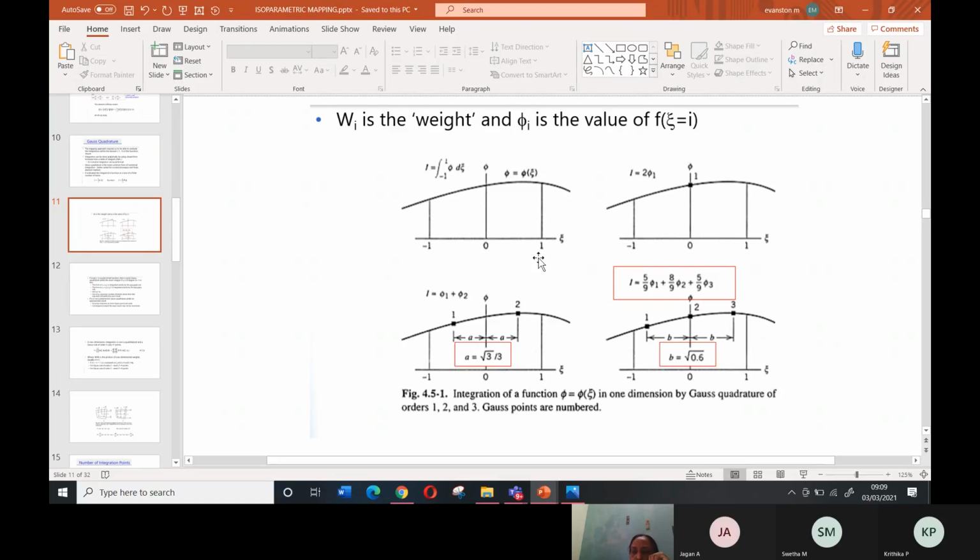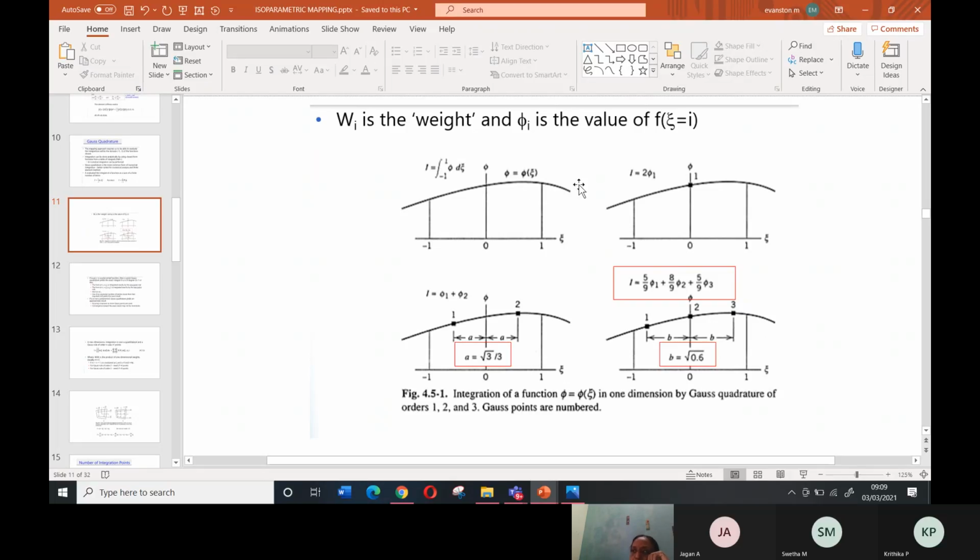And now what I'm going to deal with is numerical integration. That is how to solve it. Suppose the function phi is equal to x. When you integrate x, what will you get? x square by 2. When you integrate that between -1 and 1, you'll get some answer. That's the exact solution of the integration. I can do that integration in a numerical way also. So how do we find the numerical solution for this function instead of doing the actual integration?